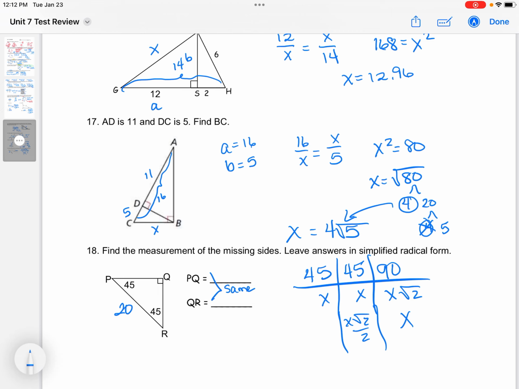So this is going to be X square root 2 over 2, X square root 2 over 2, X is 20. So this is going to be 20 divided by 2, which is 10 times the square root of 2, 10 times the square root of 2. So if your teacher says, I don't know what that problem is, you can say, well,